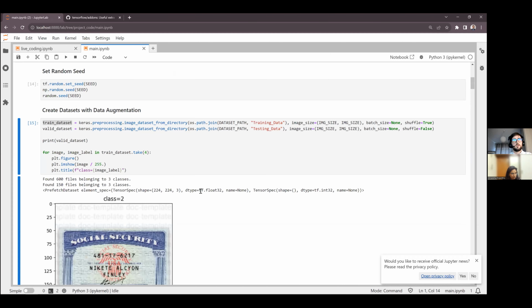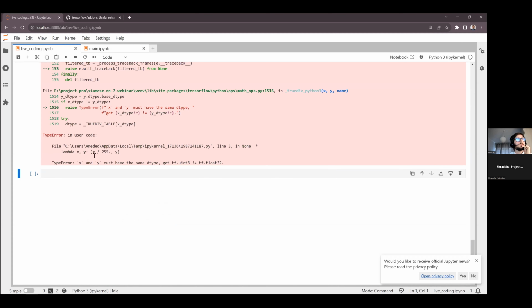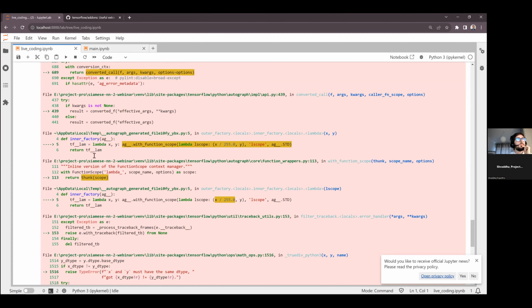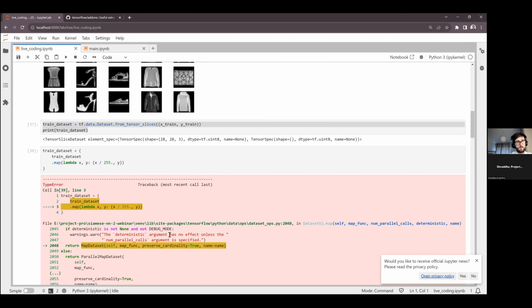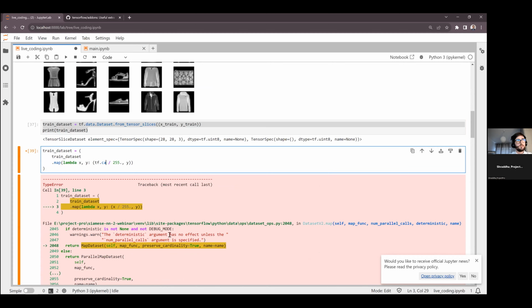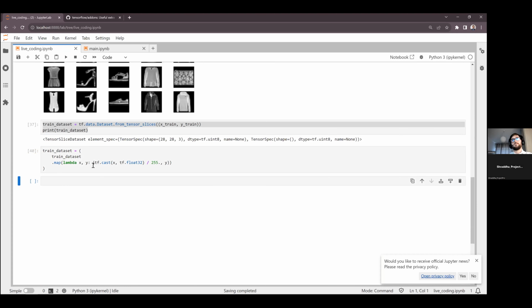Yeah, here it was already a float. Why is it not working? Maybe I should do tf.cast x to float32. Okay, okay. I needed to cast it before dividing it.